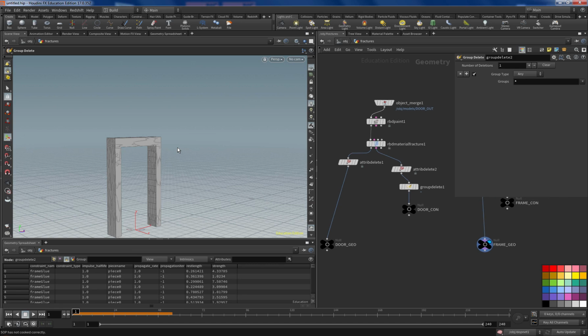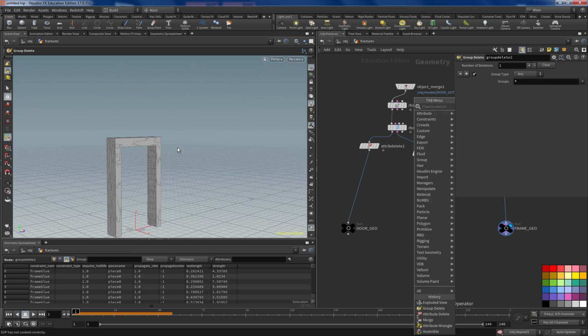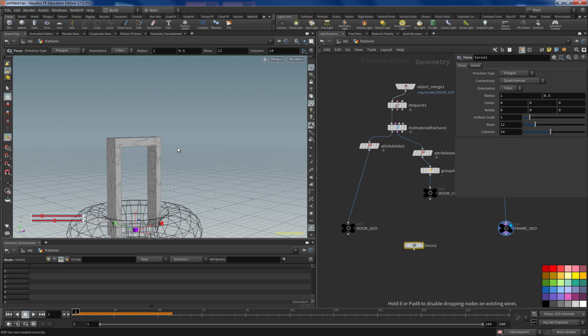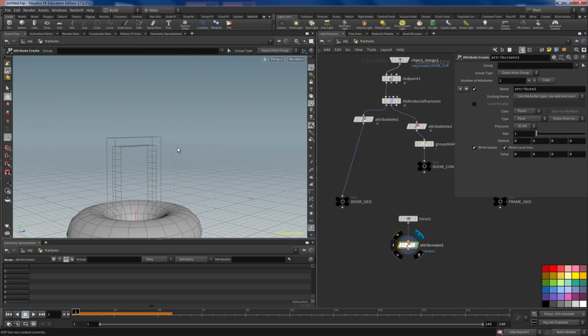So that's the tricky part, and that's the part that Johnny had questions about because his constraints weren't holding together. So I want to just show you. Let's say you have a torus. And on the torus, I'm going to use an attribute create. And I'm going to make the name attribute. I'm going to put it on the primitives. And then the value is going to be a string. And I'll just call this